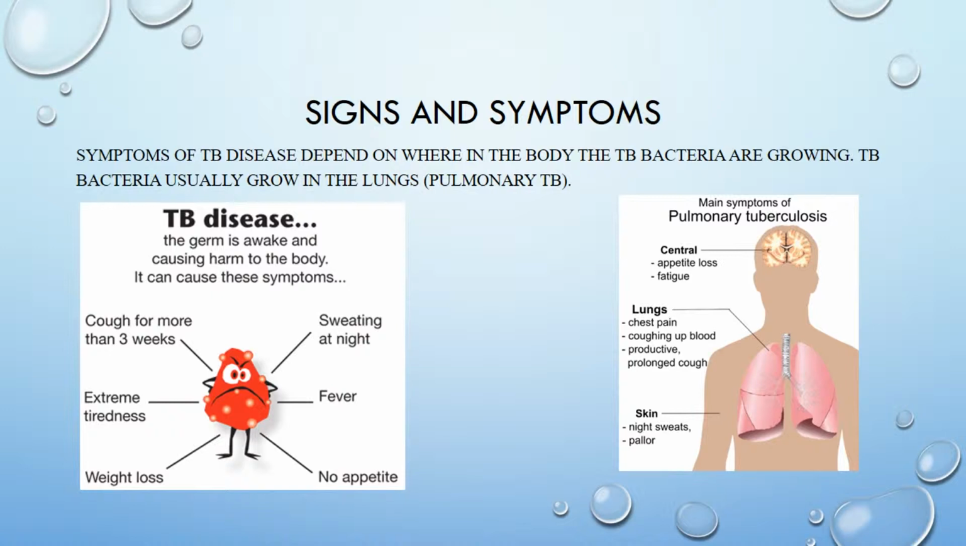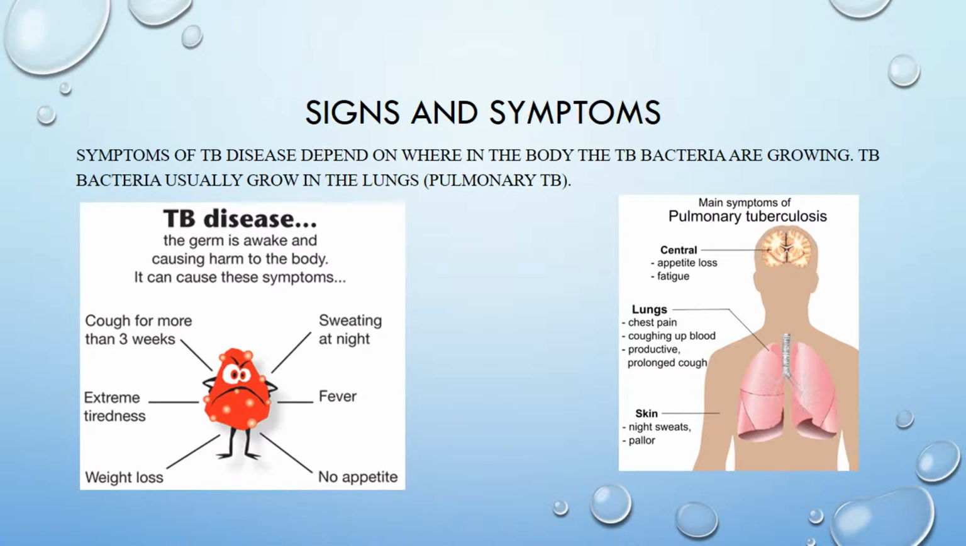Signs and symptoms. Symptoms of tuberculosis disease depend on where in the body the TB bacteria are growing. The TB bacteria usually grow in the lungs, and the TB bacteria can live in the body without making you sick. This is called latent TB infection. Most people who breathe in TB bacteria become infected, but the body is able to fight the bacteria to stop them from growing. People with latent TB infection do not feel sick, do not have any symptoms, and cannot spread the TB bacteria